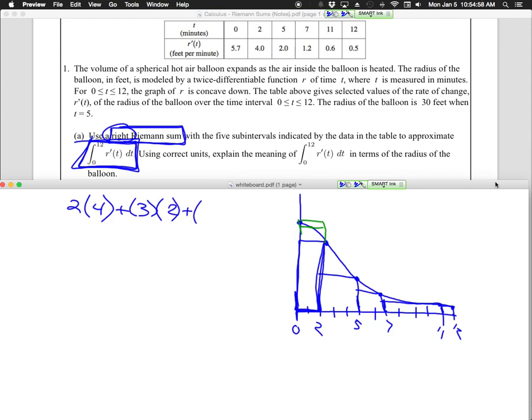The next one, what's the width? 2. What's the height? 1.2. The next one, what's the width? 4. What's the height? 0.6. And the last one, what's the width? 1. And the height? 0.5. So I've got everything I need to give me the area of each one of those rectangles and add them up. So if I do that,